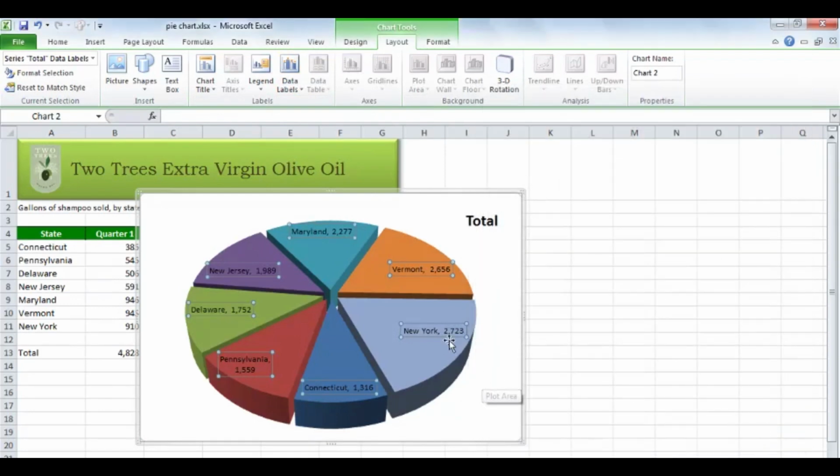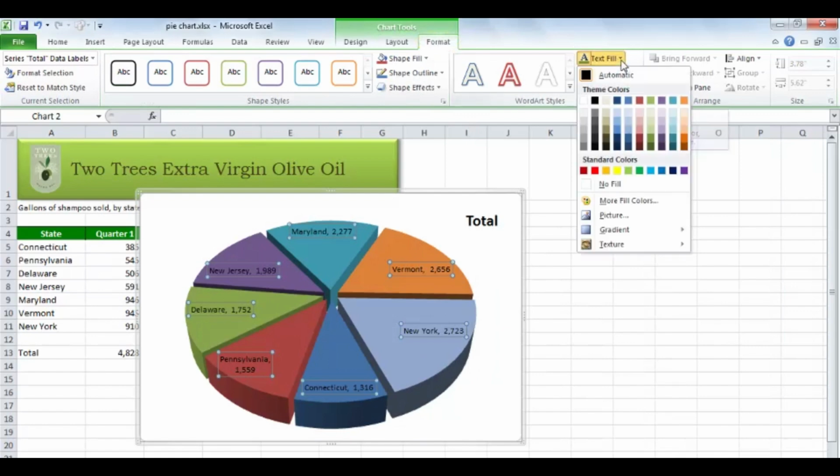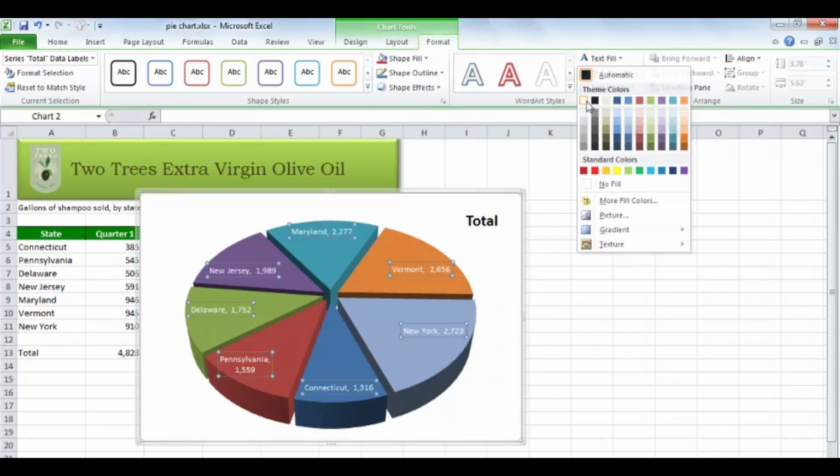Well, that's okay, but maybe we want to change the font a little bit. So go up here to the Format tab, and over here under Text Fill, maybe choose white so it stands out,